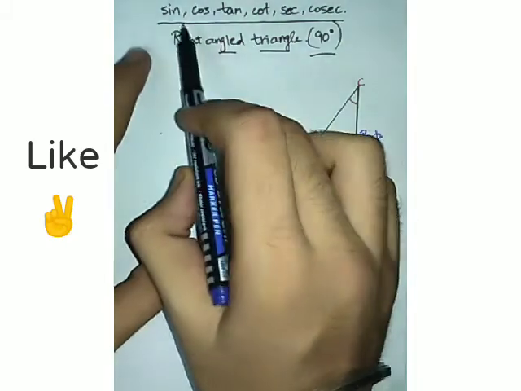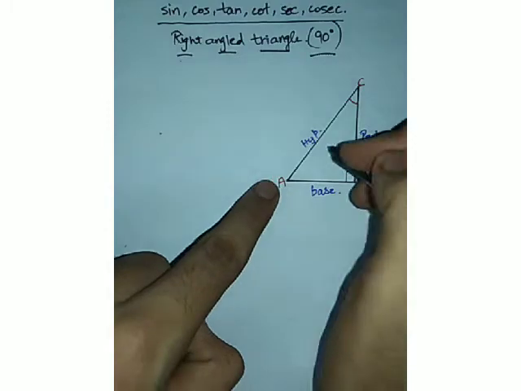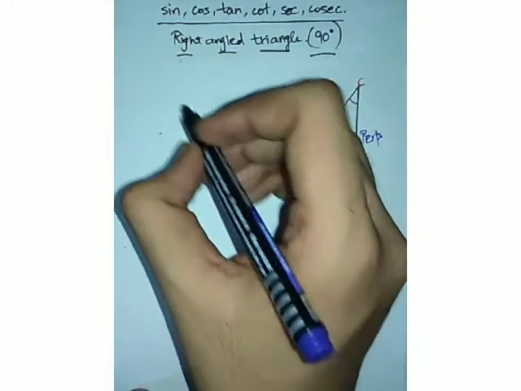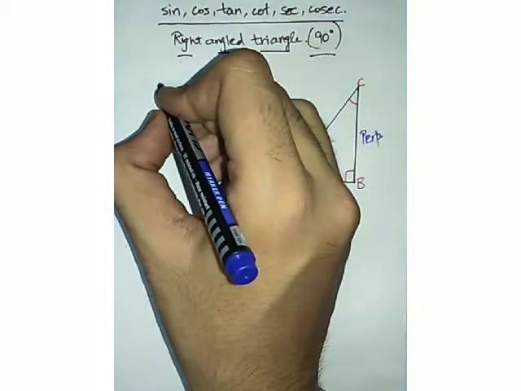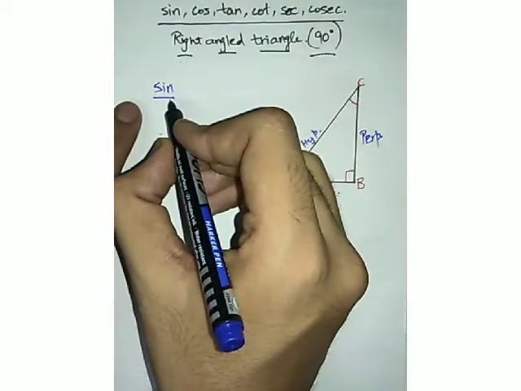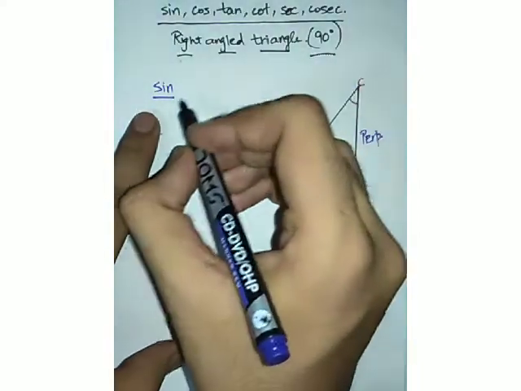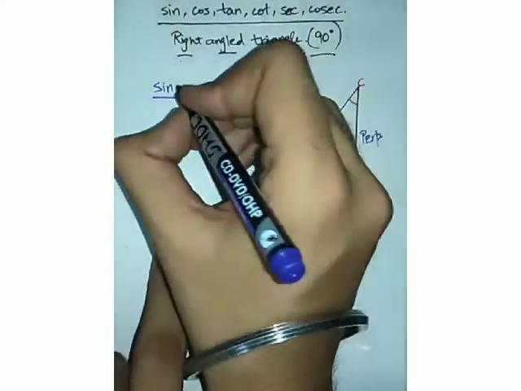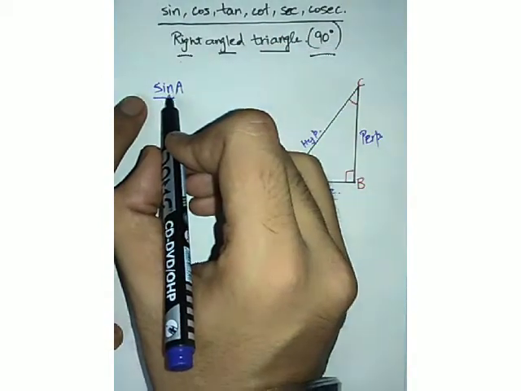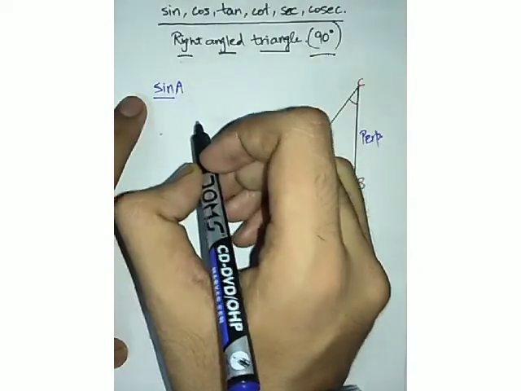So now how can we write sine in the form of the hypotenuse, perpendicular, and base, the sides of a right angle triangle? Now how do we represent these trigonometric functions or trigonometric ratios, that is sine? Firstly, the trigonometric function is written, and then the angle is written, that corresponding to what angle we are defining this function. In this diagram, consider we are defining it with respect to angle A. So a trigonometric function can never be written without having an angle. Okay, just keep this in mind.